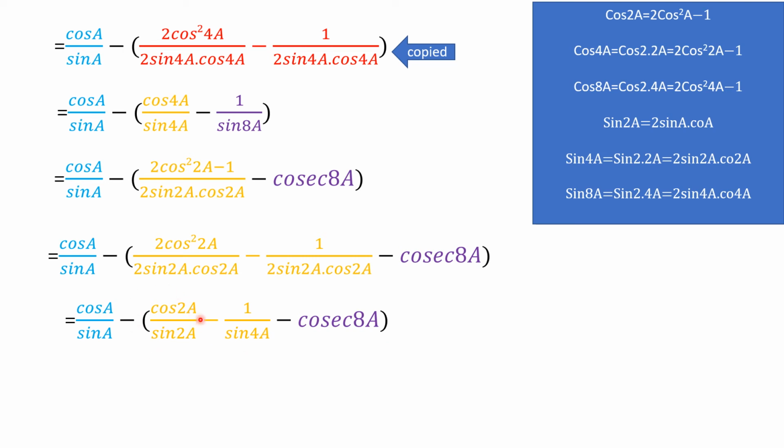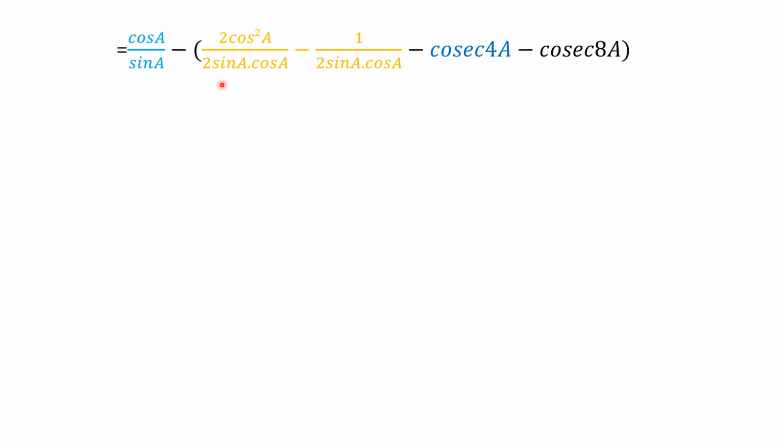And here we can apply the formula again. Here is cos 2a and cos 2a is 2 cos square a minus 1. Here is sine 2a and sine 2a is 2 sine a into cos a. So we have applied the formula. I hope this is clear. And then again we'll split LCM over here. So in the next page we'll split LCM. So this is, I hope, clear.